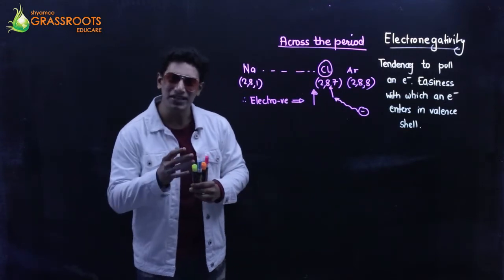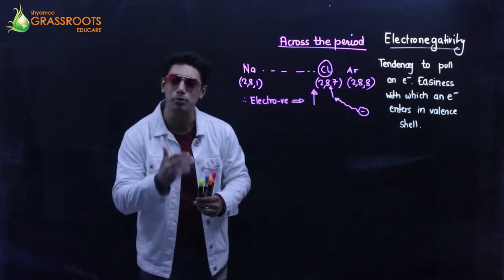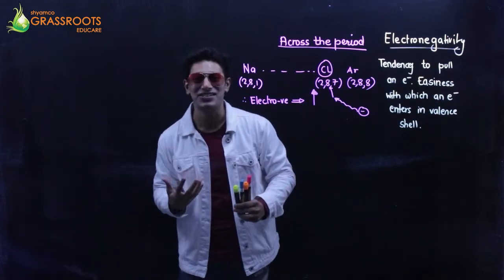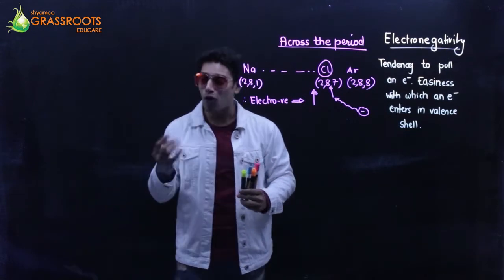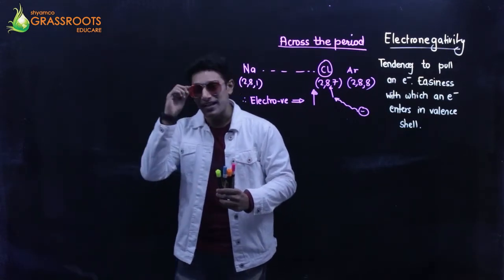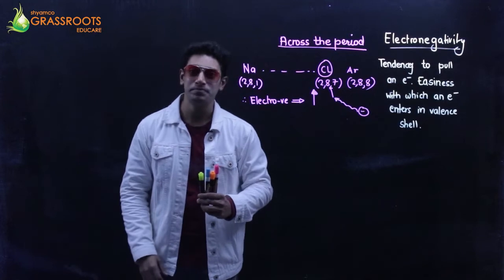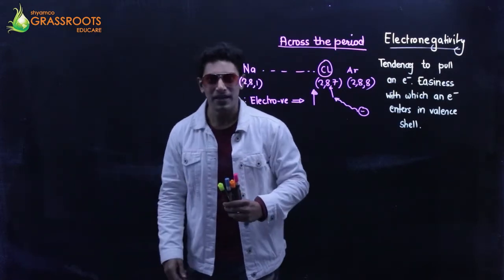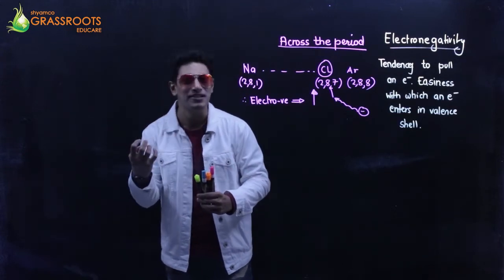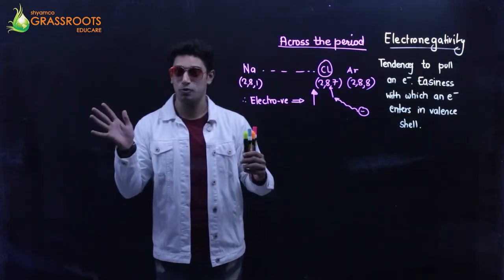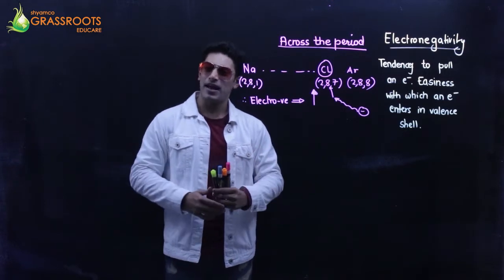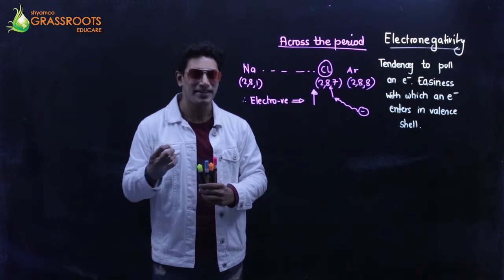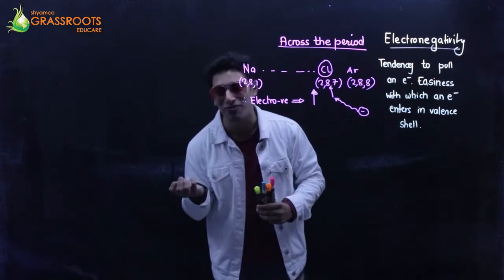Now some students ask me, sir, what is the difference between electronegativity and electron affinity? Look, electronegativity is the property, it is the tendency, it is the inherent characteristic of a body, the virtue of pulling someone. Say, for example, I look good. I have the tendency to attract people. I am quiet, I'm not speaking anything. I just look good, and I observe that the person is attracted towards me. That is electronegativity, the tendency of pulling.